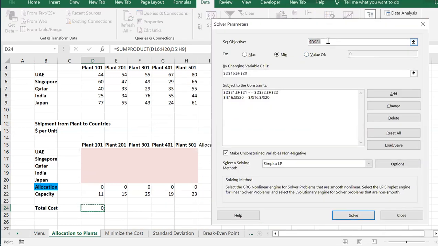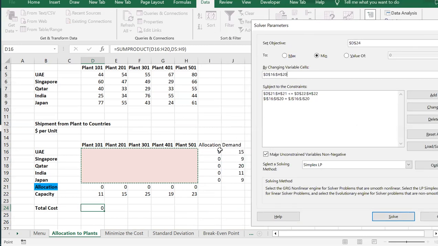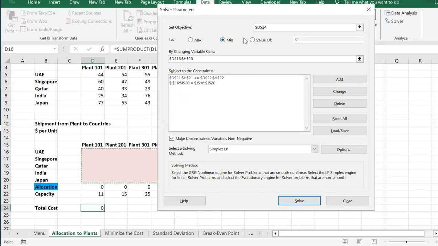In solver, we put our objective, this, the total cost. And what do we want this cost to be? Minimized. It has to be minimized, right? By changing what cells? These are the cells, right? So when it is changed, the allocations will come in here, and also the allocation will come in there, in here, right? So this should be equal to the demand, and this should not exceed the capacity, right? Okay, so the constraints are this, that